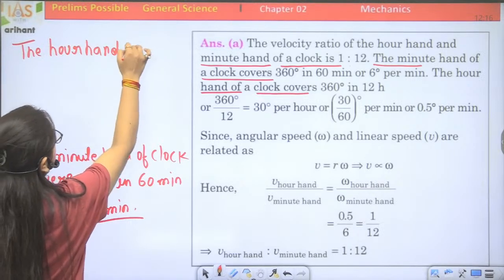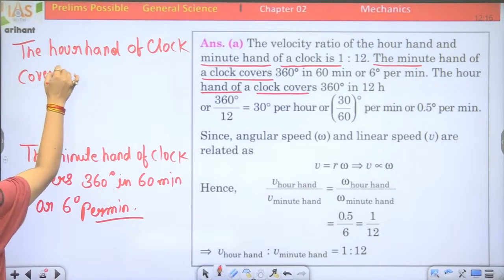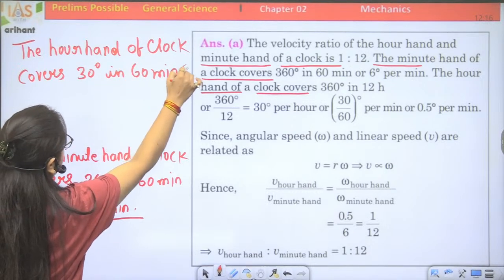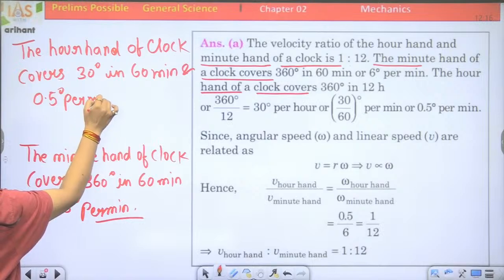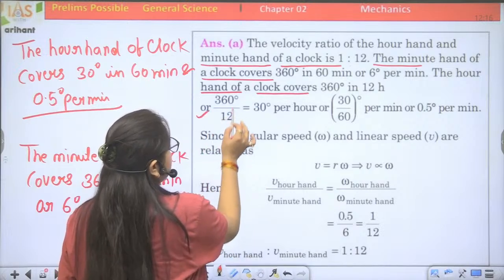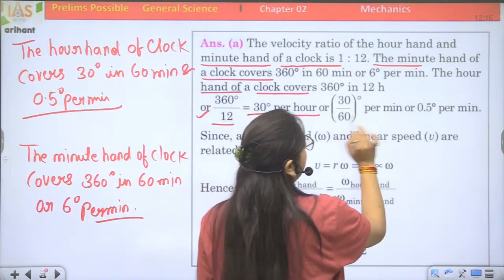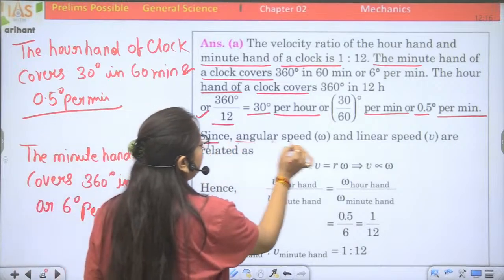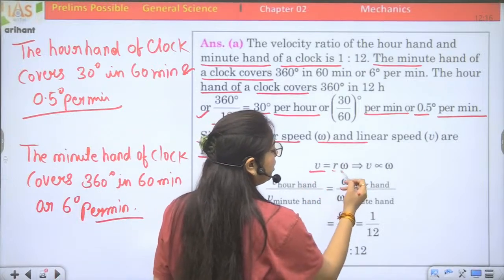The hour hand of a clock covers 30 degrees in 60 minutes, which is 0.5 degrees per minute, right? So 360 degrees upon 12 becomes 30 degrees per hour, or 30 by 60 degrees per minute, which becomes 0.5 degrees per minute. Since angular speed and linear speed are related as v equals r omega,